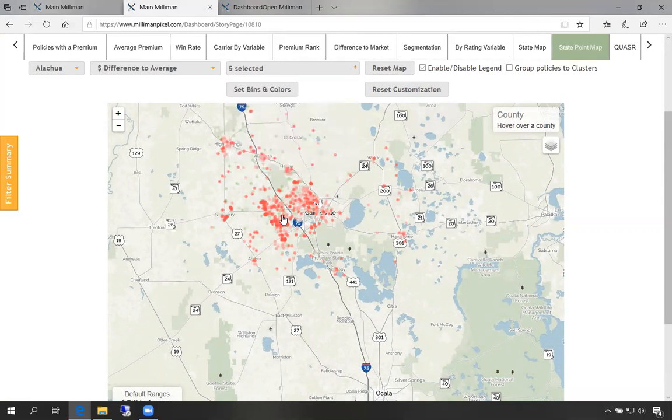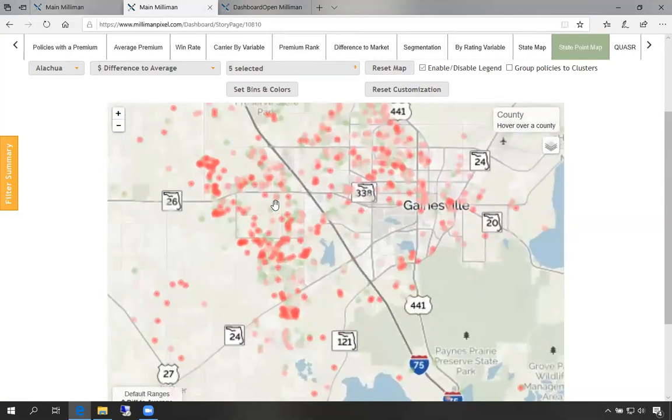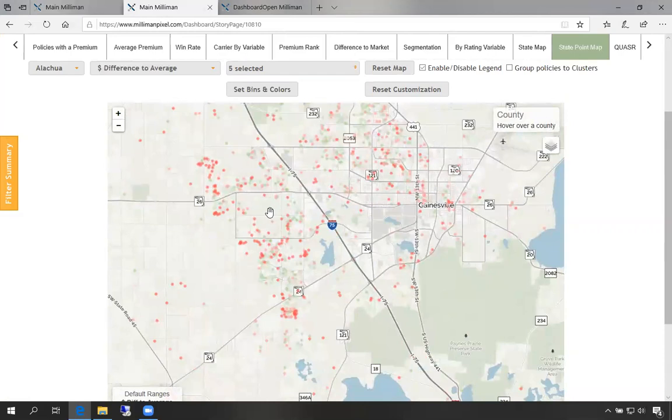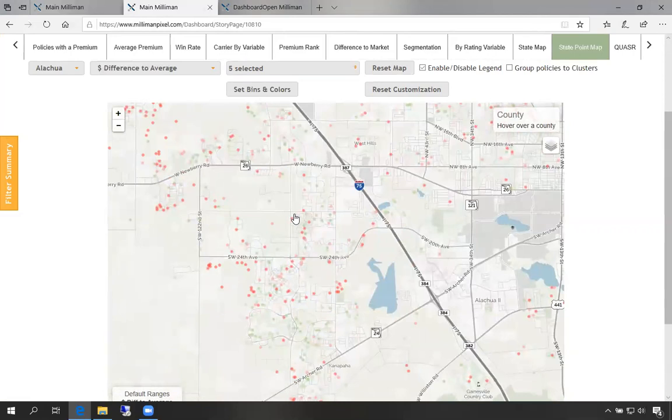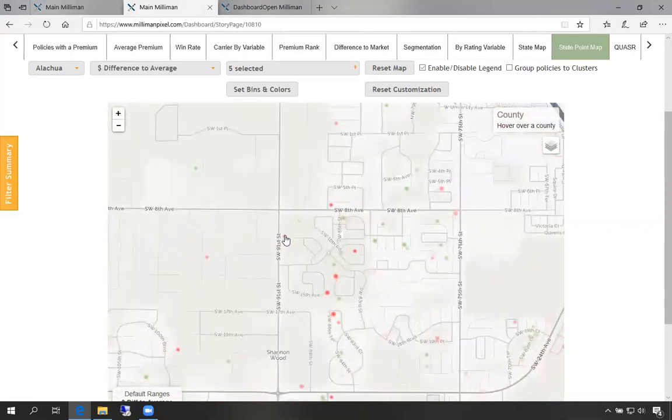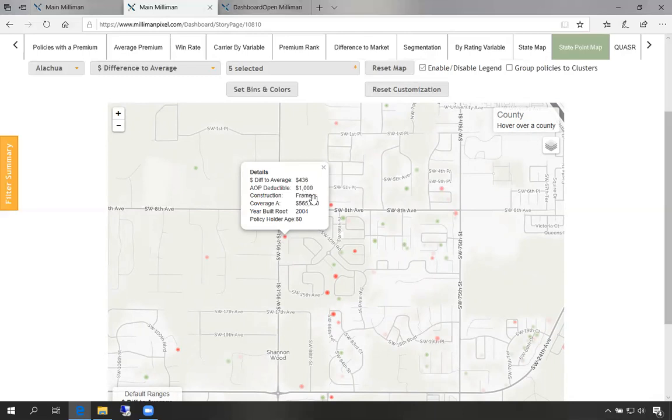So now if we zoom in and click on one of the dots, it'll actually give us the ability to see what the attributes are for this house. So this one is above the average, so it's $400 above. Again, the $1,000 deductible and frame construction line up with our filters.